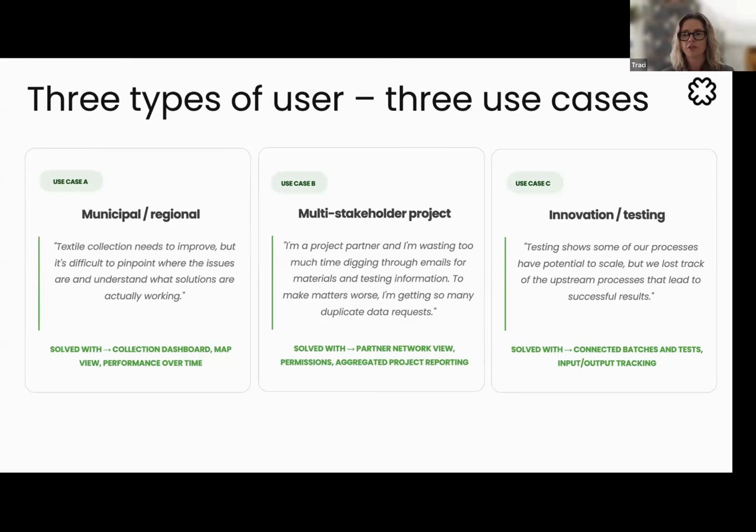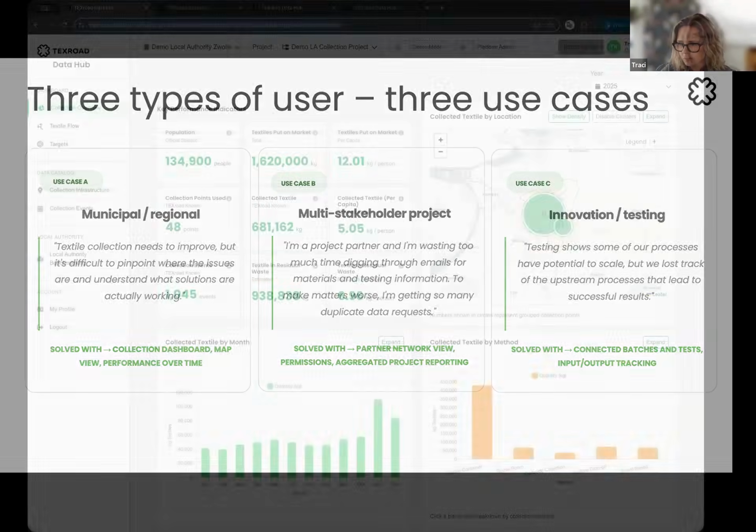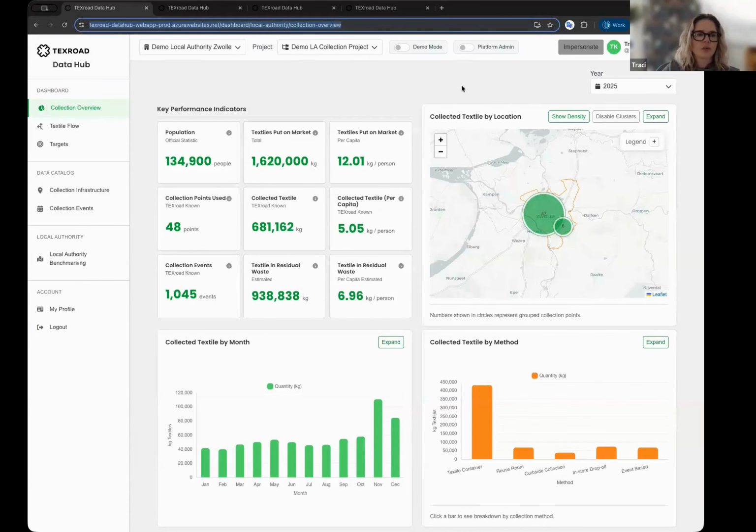on what specific interventions. So we'll take a little bit of a look at the municipality use case, and keep in mind as well that we can take this to a regional level as well. It's not limited to one municipality. So municipality and collection textile management angle. Then we'll take a look from the multi-stakeholder project perspective, and we'll take a look from an innovation and testing perspective. This is the first tool that we actually built and formalized.